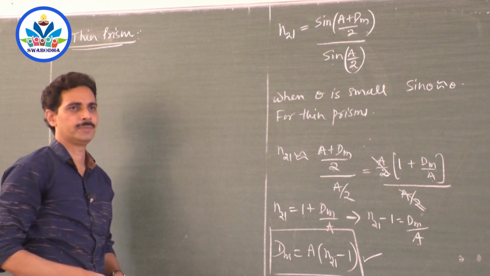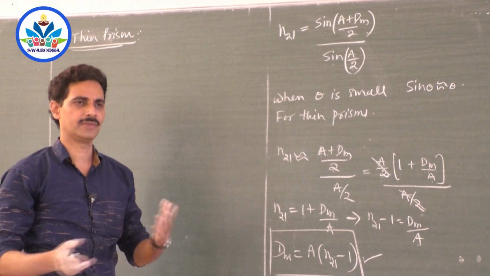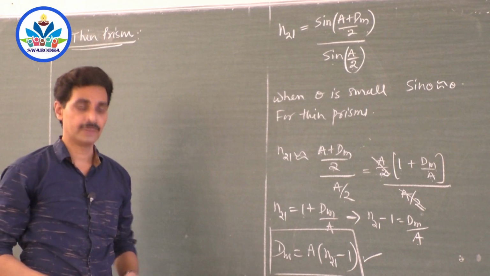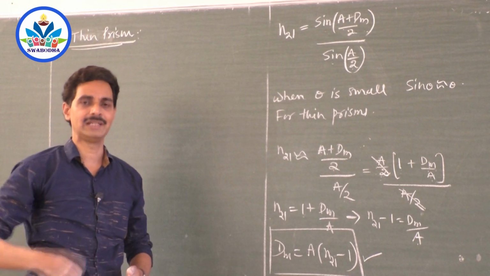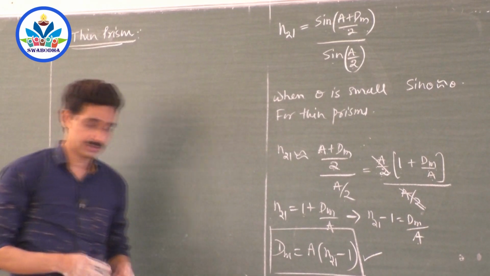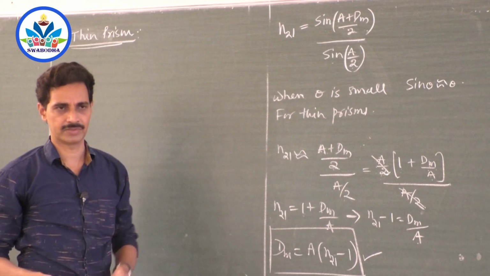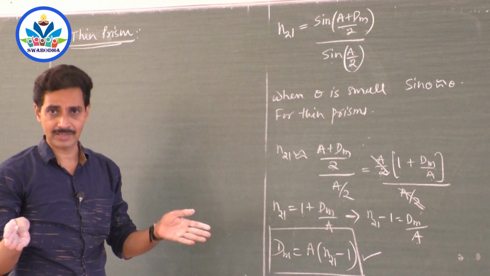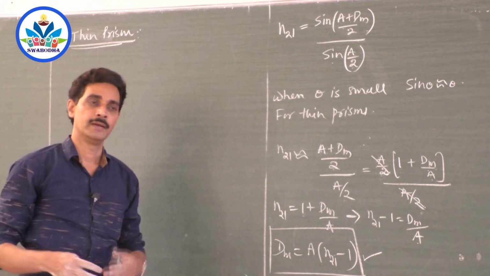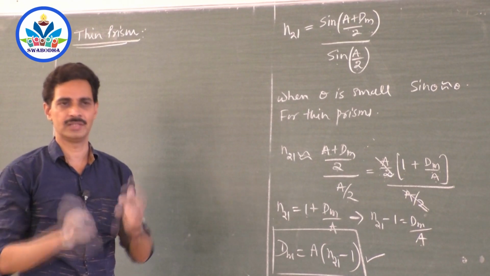When a ray of light passes through a prism, all the colors bend to different angles and you get different colors in different positions. That is called dispersion. The splitting of different colors present in a beam of white light or composite light. Composite means which contains all the colors. So the splitting of different colors present in a beam of white light is called dispersion. The set of different colors you get is called spectrum. The spectrum is a set of different colors obtained during dispersion.